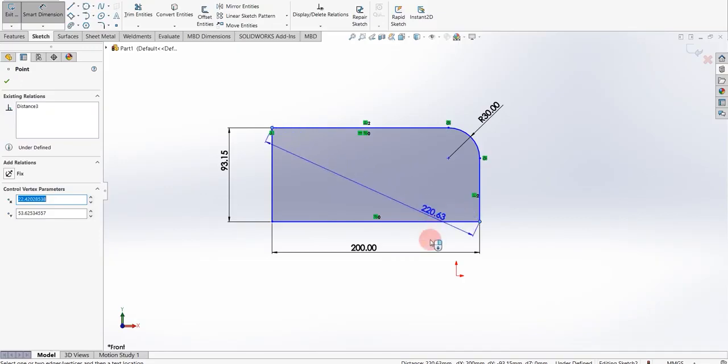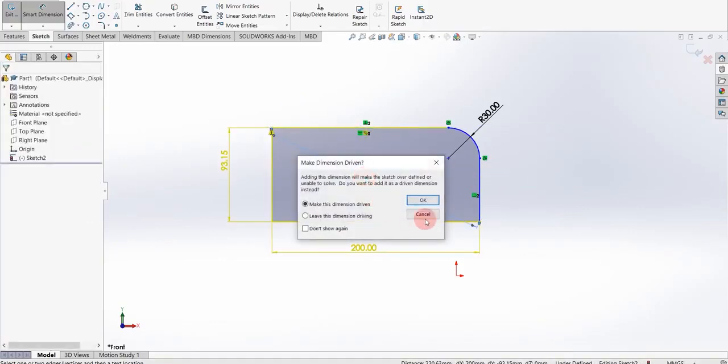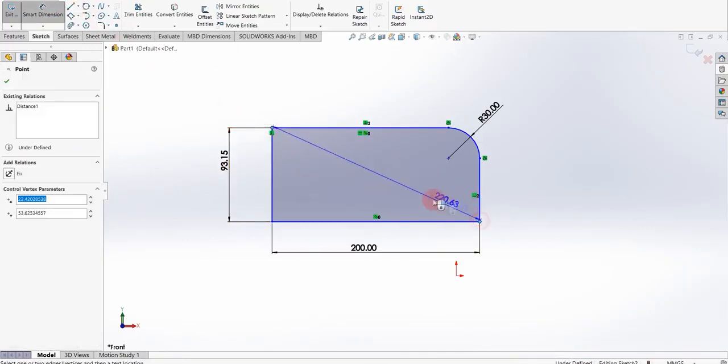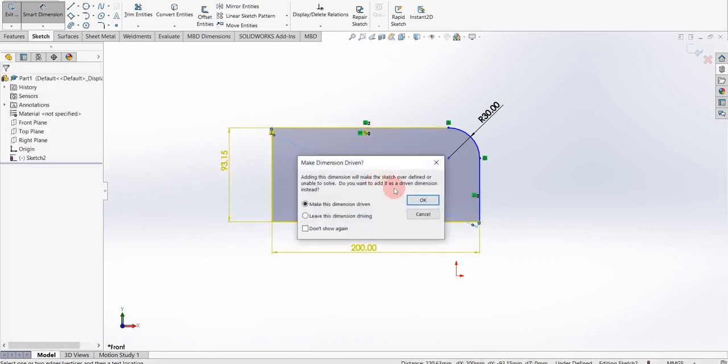If I drag it down, it will change into horizontal, and if I drag to the side, it will change into vertical. When you see this yellow type of error, this means you already dimensioned that length or that height, so you don't need another one.